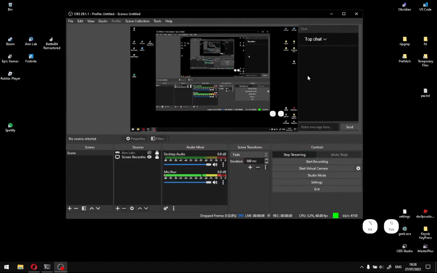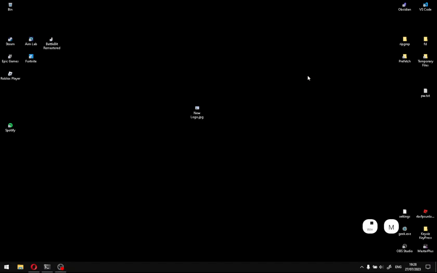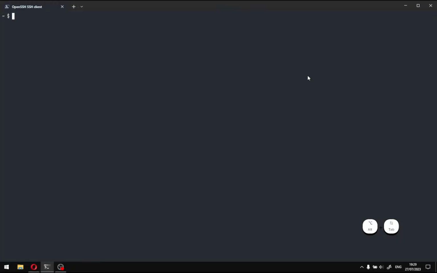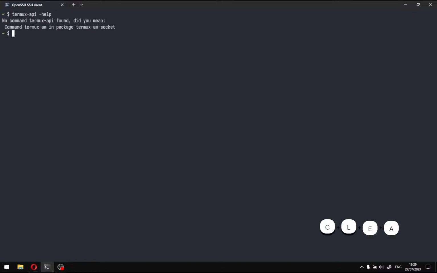I just found out about Termux API. Termux-API. I think it won't work, but I don't know. Let's clear that. So I have already SSH'd into my tablet, and I'm going to try to